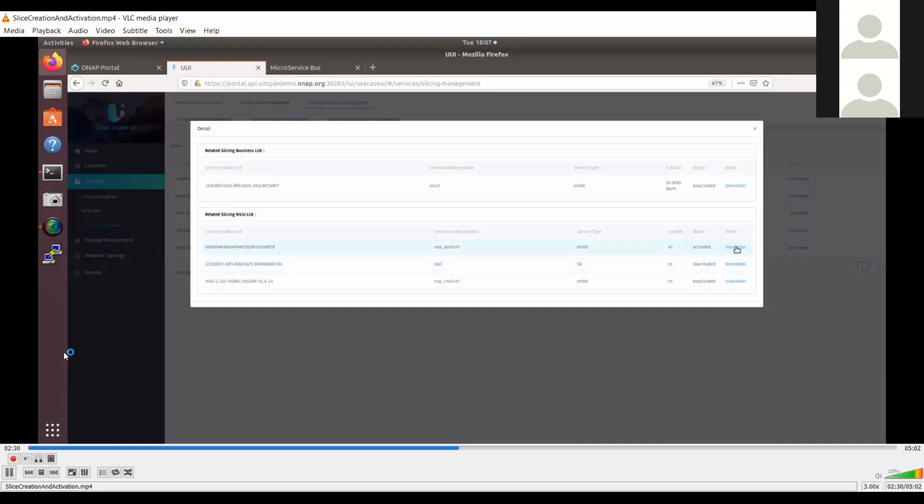So we have these three kinds of slices that are already created, and one of them is activated, which is the access network, because as I said, right now we are only dealing with the slices on the core and the RAN network. Transport, actually, we are not doing anything. And the type of the slice is eMBB only, and we're not supporting any other type of slice creation.